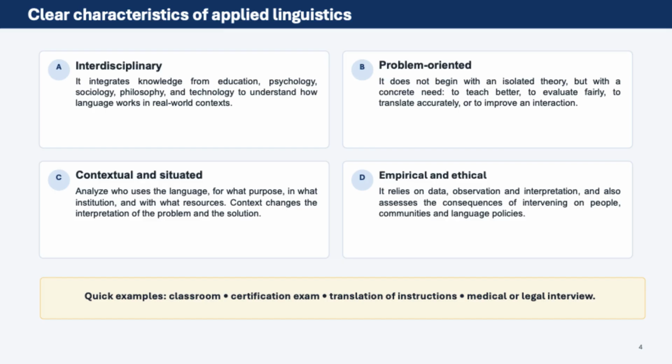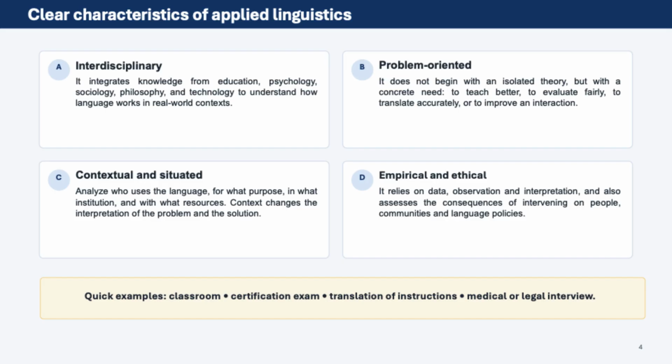Applied linguists focus on solving real-world problems related to language use, including language teaching, translation, evaluation, and communication in various contexts. It is interdisciplinary, drawing from education, psychology, sociology, and more, and integrates theory and practice to address practical